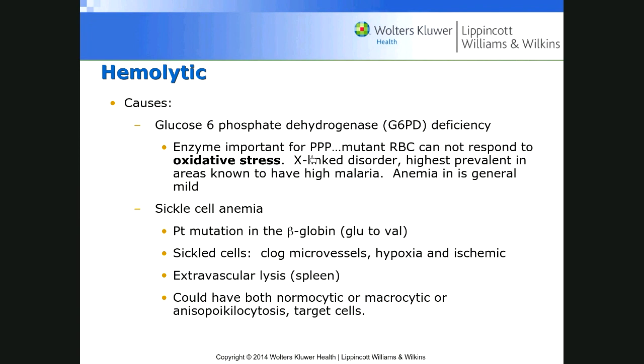What's the take-home message? The take-home message is this: in people who have glucose-6-phosphate dehydrogenase deficiency, if you look at the red blood cell, oftentimes you see a Heinz body, which is an insoluble substance in the red blood cell, particularly when there's a lot of oxidative stress. Think of it when these people take on medication. So things like